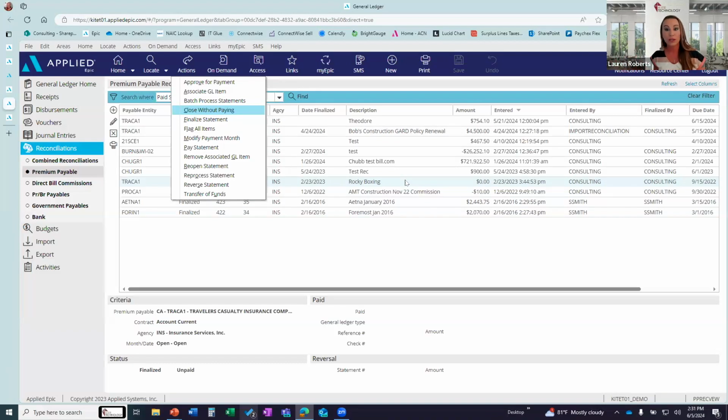What you can do is go in and create a one-time journal entry, and you can use this journal entry for the rest of your life in Epic. You would just debit a penny to your premium payable GL account, the main account. Doesn't have to be specific to a carrier or broker. And then you credit that same account a penny. Finalize that journal entry and save that refer number, and you can associate that to any $0 statement that you have